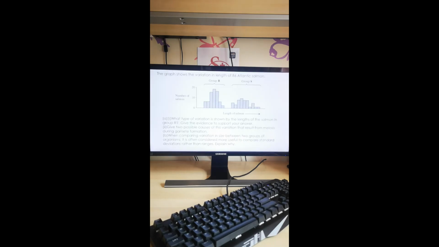Okay, so let's have a look at this exam question here. The graph shows the variation in length of 86 Atlantic salmon. What type of variation is shown by the lengths of salmon in group R, and give evidence to support your answer? Okay, if we look at R,